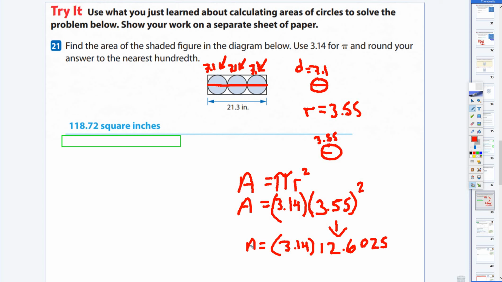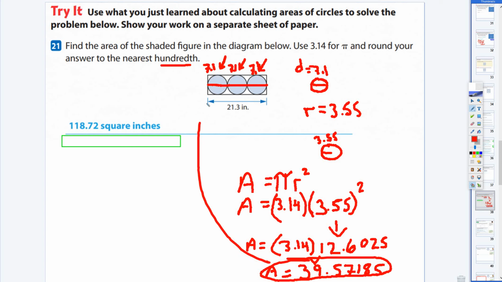And then I would have the area for one of the circles. When I take that and multiply by 3.14, I get 39.57185. Notice I haven't rounded to the nearest hundredths, and I'm not going to till my final answer. So this area is the area for one circle. And remember, there's 3 of them. So I can write an equation if I wanted to. Or I can take 39.57185 and multiply by that 3 because there's 3 of them. And 39.57185 times 3 will give me